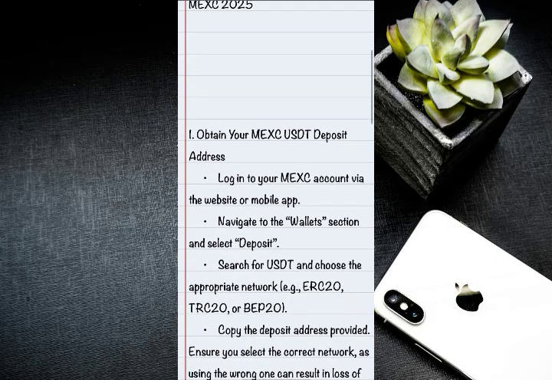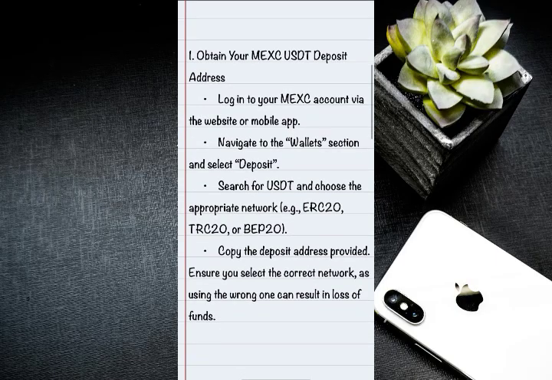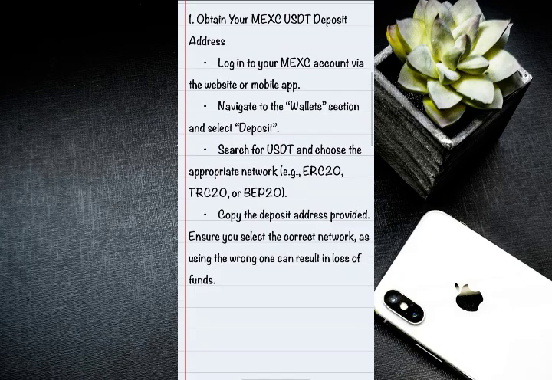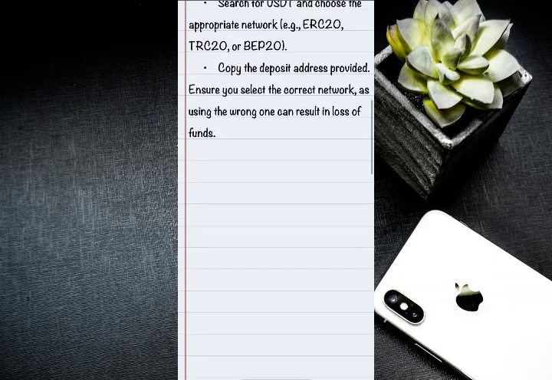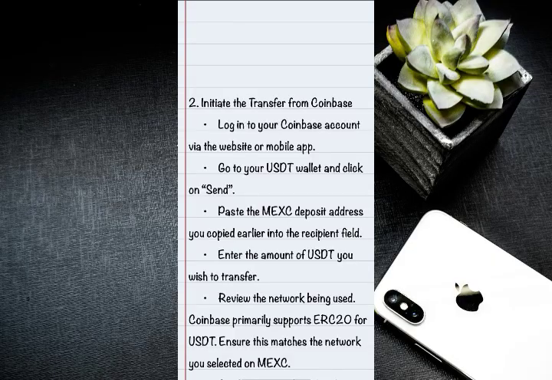So to do this, log into your MEXC account via the website or mobile app, then navigate to the wallet section and select deposit. Search for USDT and choose the appropriate network, for example ERC, TRC or BEP. Copy the deposit address provided and ensure you select the correct network, as using the wrong one can result in losing your funds. So it's very important to confirm the wallet address on the same platform for making the